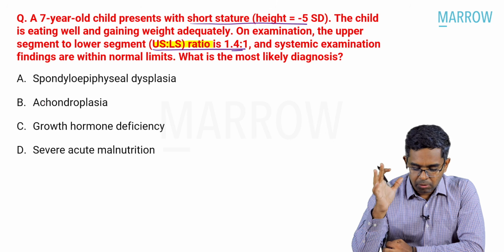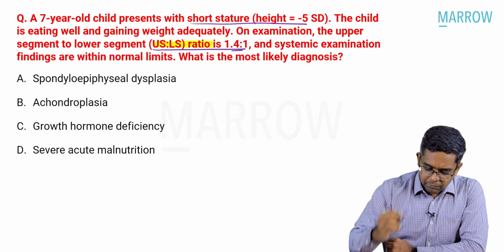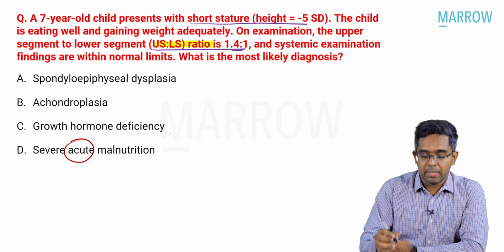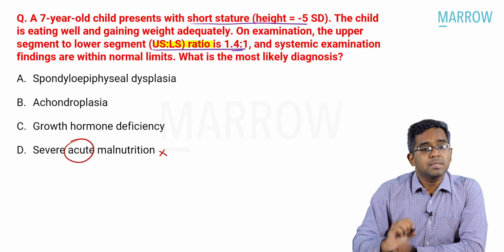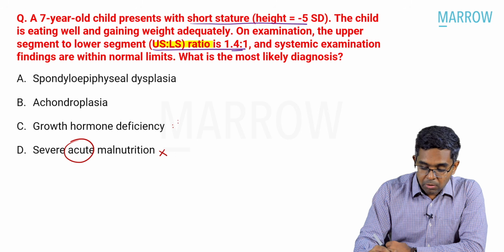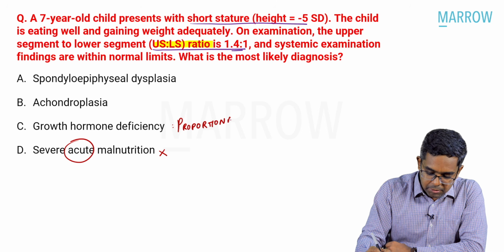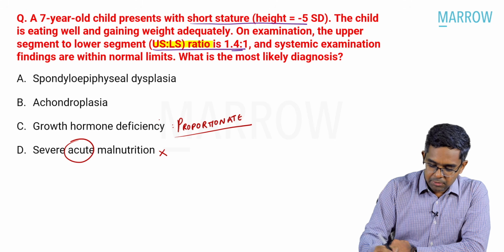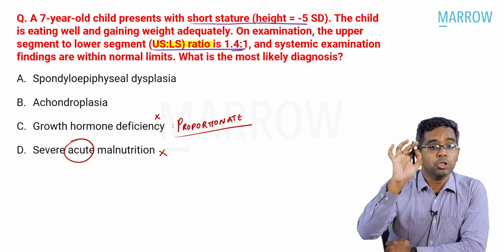Spondyloepiphyseal dysplasia, achondroplasia, growth hormone deficiency, and severe malnutrition. First of all, if it is acute malnutrition, height is not affected at all. So it won't be even a short stature. So that is directly ruled out. Look at the third option, growth hormone deficiency. Growth hormone deficiency is characterized by proportionate short stature. Very important point. So that cannot be the answer for this question. So that is also ruled out because we have a disproportionate short stature in our question characterized by short limbs